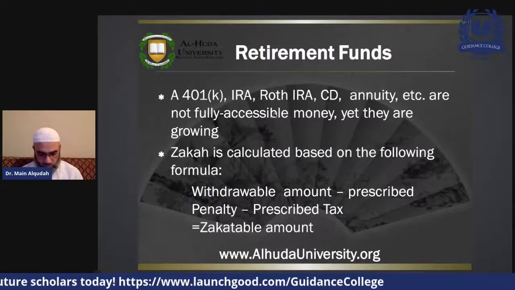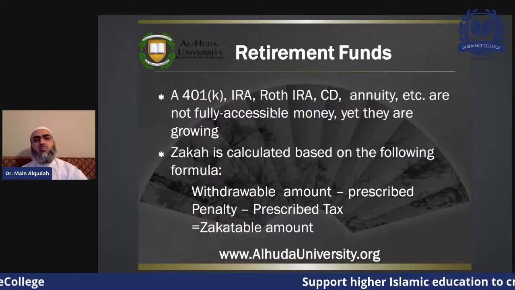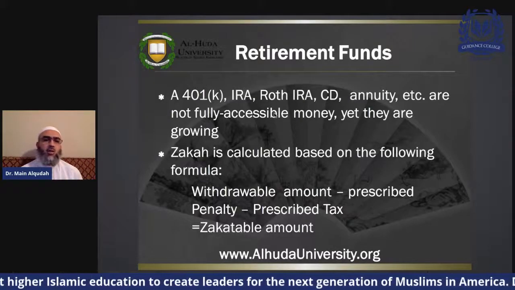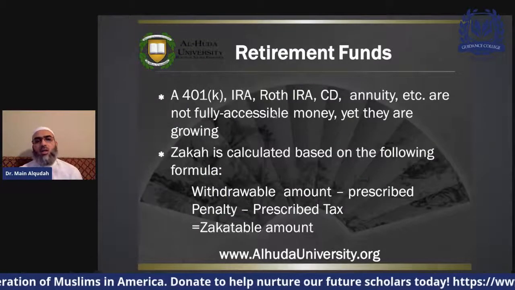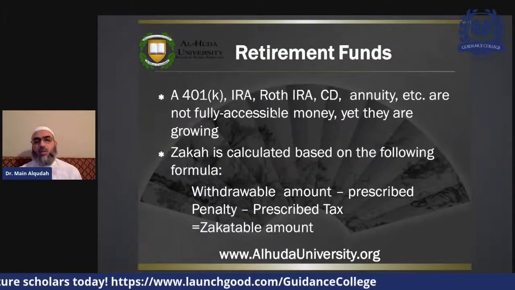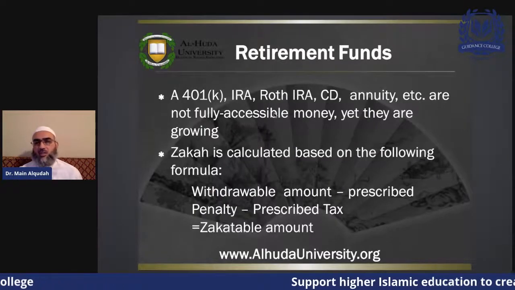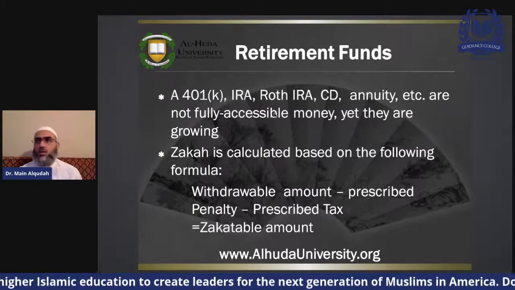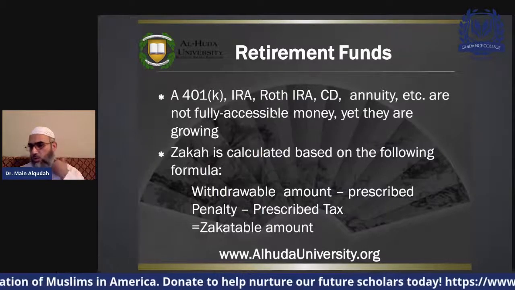Retirement account or retirement funds, it could be employer based, like the 401k if you work for corporate America. It could be 403 if you work for a non-profit organization. It could be an individual retirement account if it is individual based and not employer based, okay, with a Roth or just regular IRA. Could be certificate of deposit, could be annuity, it could be what else? It could be even 529 for the education of your kids, or whatever program or account